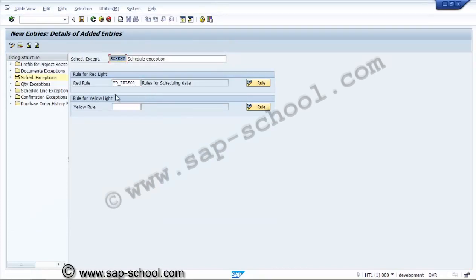So similarly, now we'll create for the quantity exception. For the quantity exception we will also create one rule.